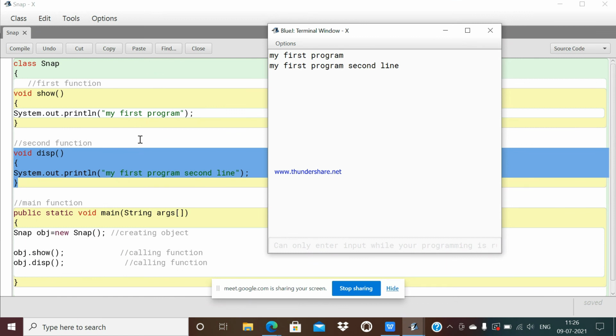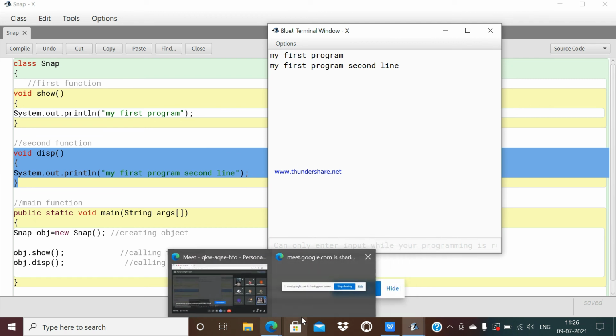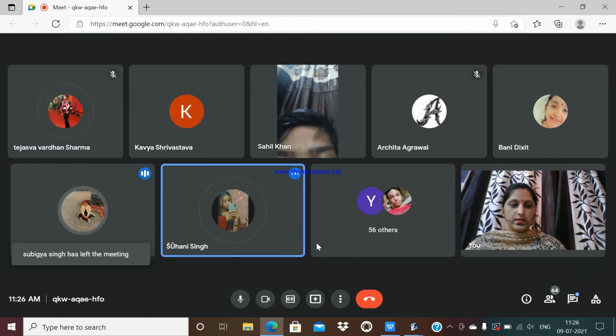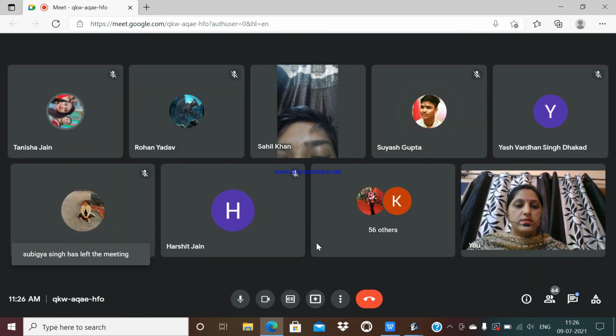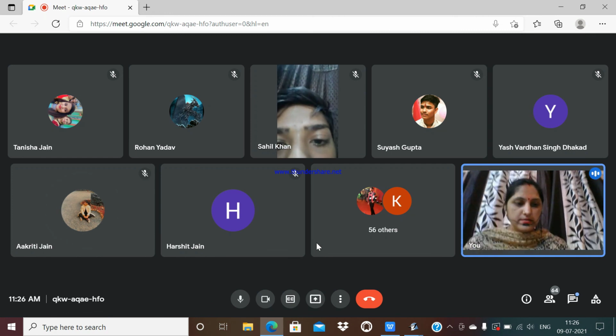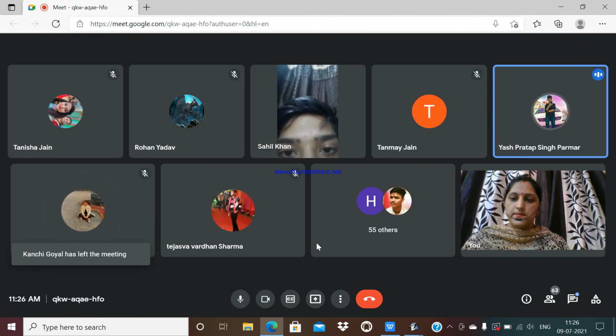Okay, students, this is called the bottom-up approach. That means the compiler is going to read the bottom code first, then only he will go to the top one. So this is the elementary concept of classes and objects. Students, जो पढ़ाया है आज समझ में आया है आप सभी को? Yes? Okay. So this was the concept of classes and objects. Any doubt in today's session? No?